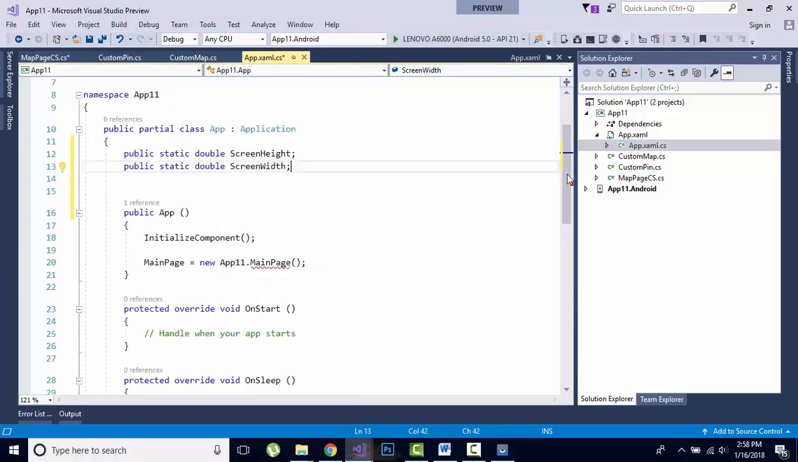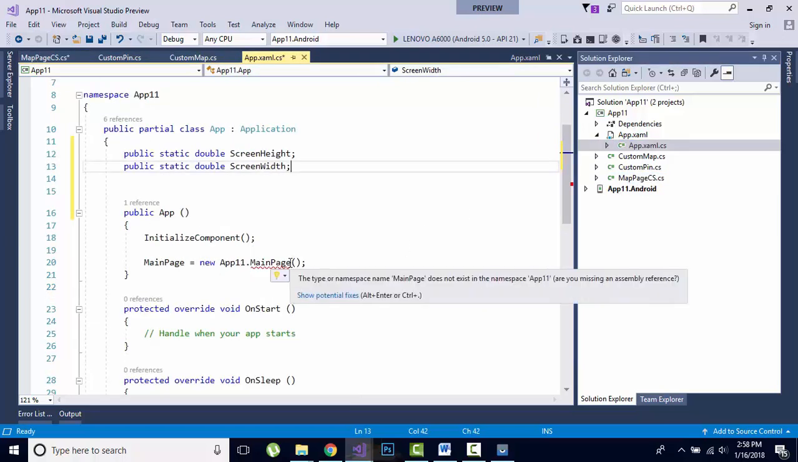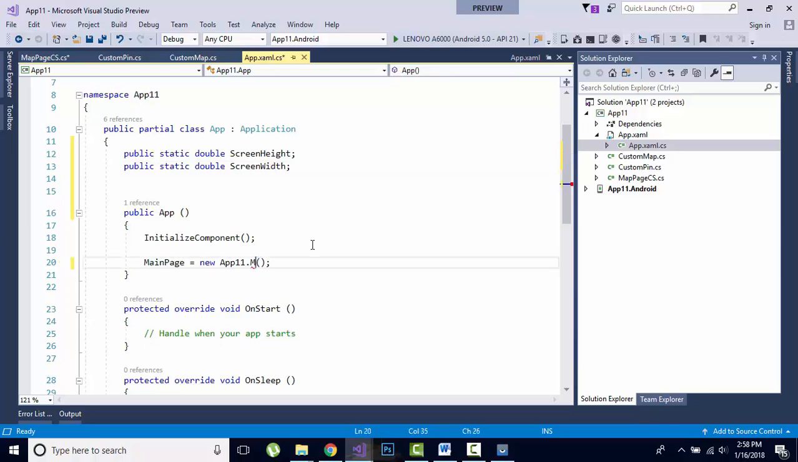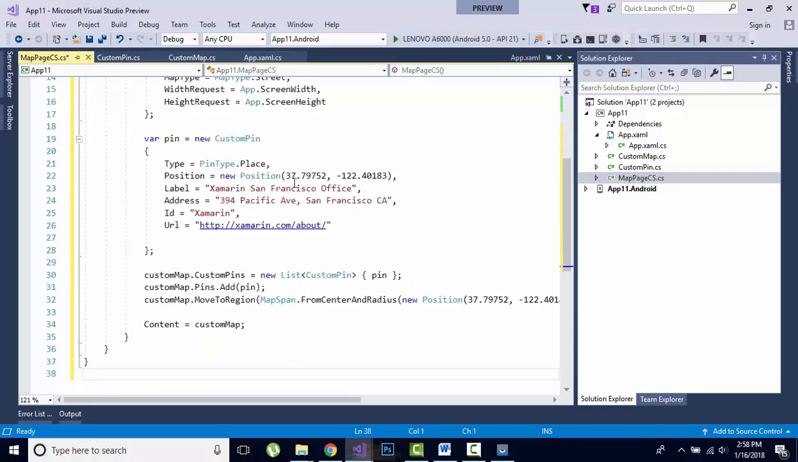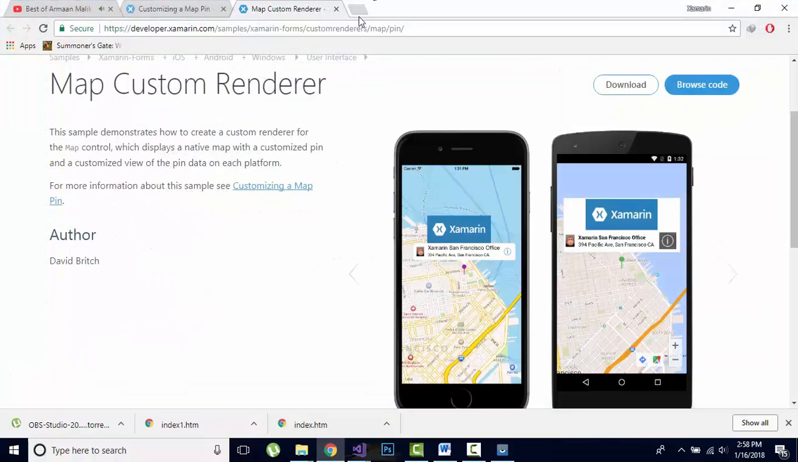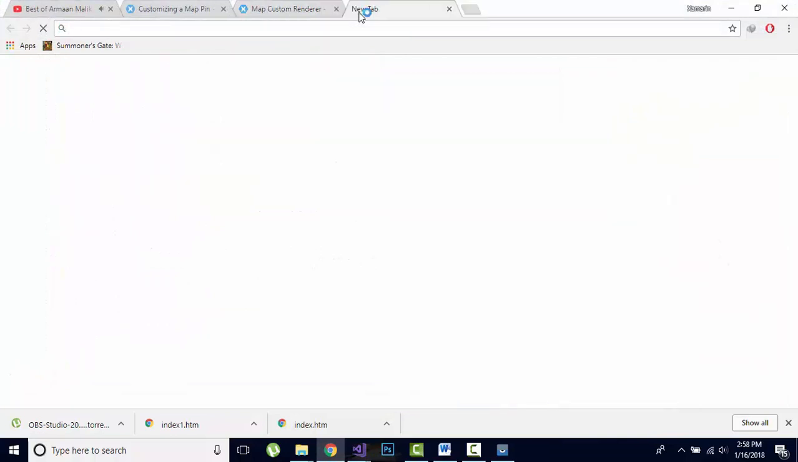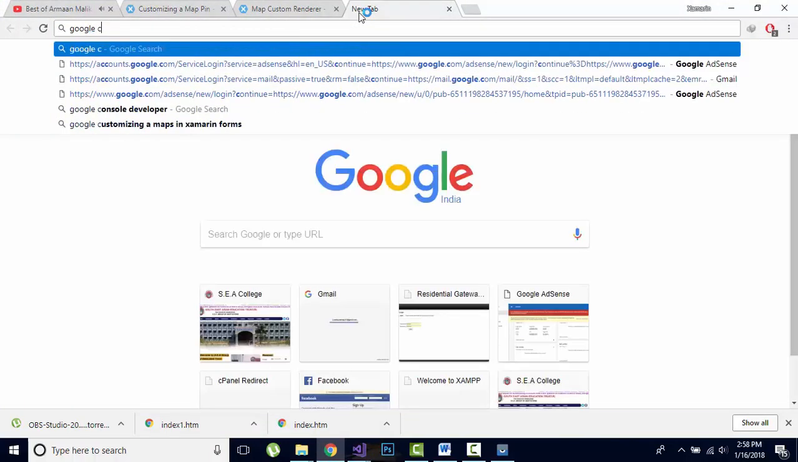This initialization adds a custom pin and positions the map view with the MoveToRegion method, which changes the position and zoom level of the map by creating a MapSpan from a position and a distance. Now let us change our custom pin position as new Position. This is our custom new position. Now let us change to our own custom position by going to Google Maps